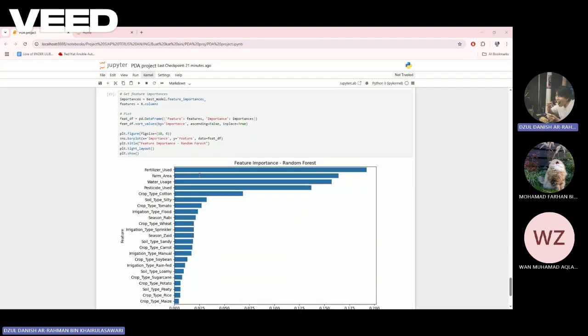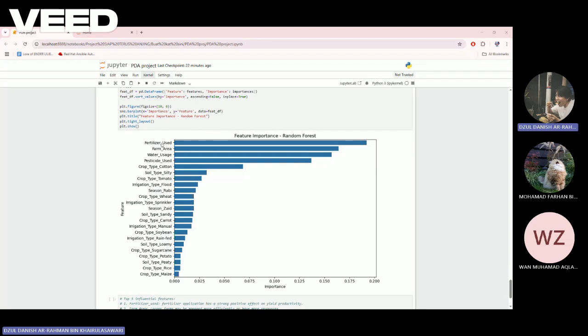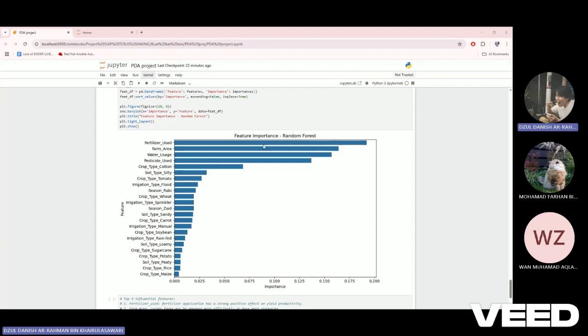And then for the most important features from using random forest, we get that the top five are fertilizer use, farm area, water usage, pesticide use, and crop type cotton. Fertilizer use came out as the most impactful, as it indicates a strong positive relationship between fertilizer and crop productivity. For the farm area, it suggests that larger farms might be more productive due to scale or resource